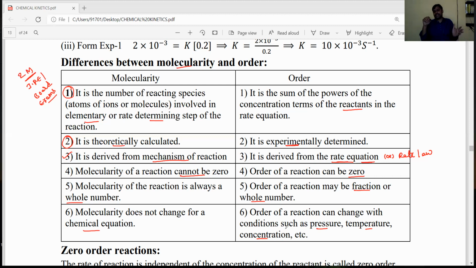Okay, dear students, in the next class we'll discuss the order of reactions. If n equals 0, it is a zero order reaction. What are examples of zero order reactions? For zero order reactions, the integrated rate constant derivation and half-life period are the main important concepts. In the same way, for first order reactions: examples, rate constant derivation or formula, half-life period, and graphical representation. Those are all concepts we need to discuss. Then this chapter will be over.